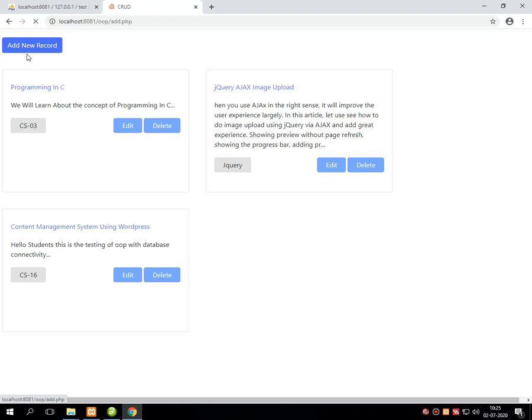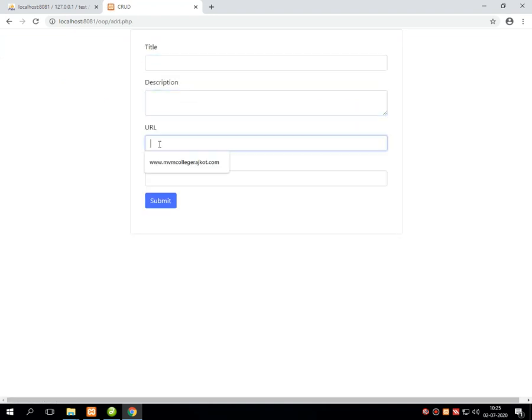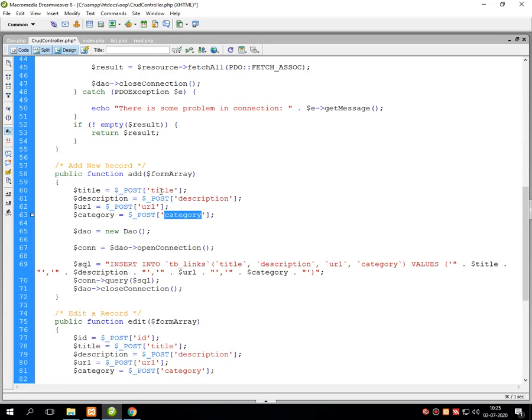Whenever you press this button, whatever information you enter in all these four text boxes, after pressing the submit button, it is stored in these local variables. Now once the local variables hold the information, it's time to insert the records into the TB_link table.